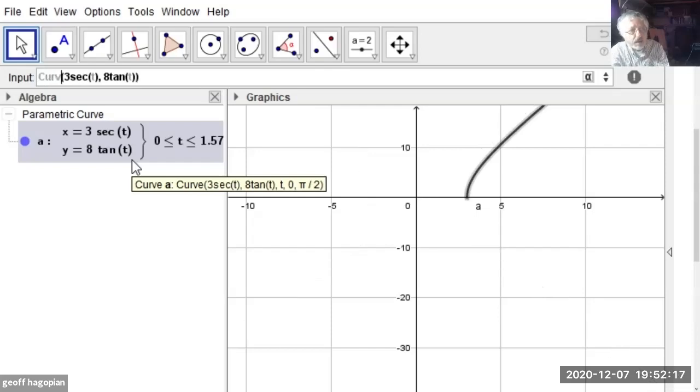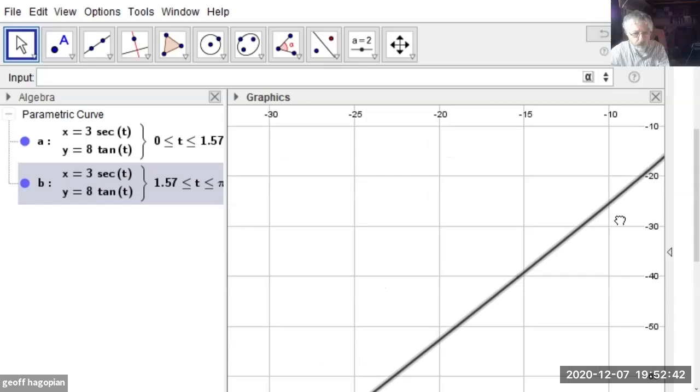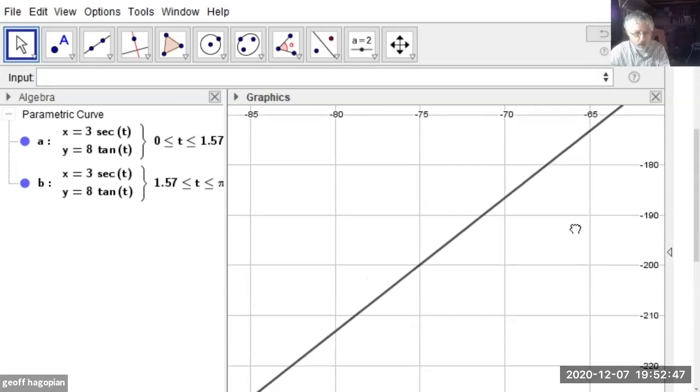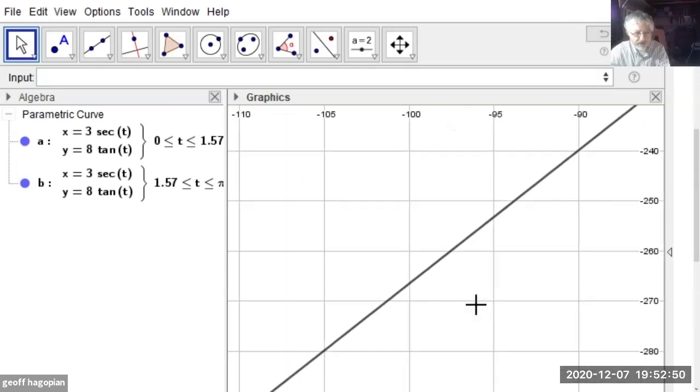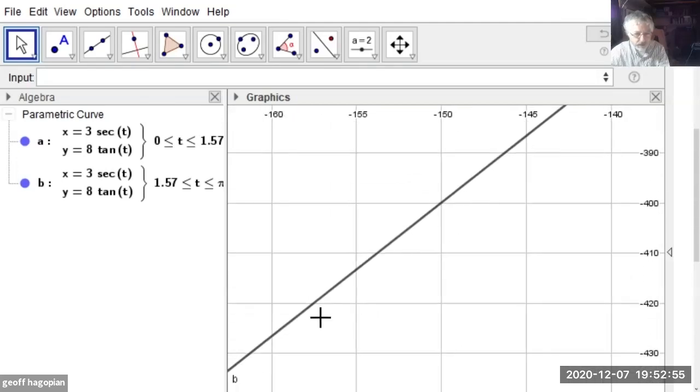But if I say curve, and then I can limit my parameter to t going from pi over 2 to pi. Yeah. So what's going on here? Well, as we cross the asymptote, we end up over here. Well, somewhere over here. I'd say it's going out a little farther because it's a shorter interval. So, wow, you got to go way out here to get to the